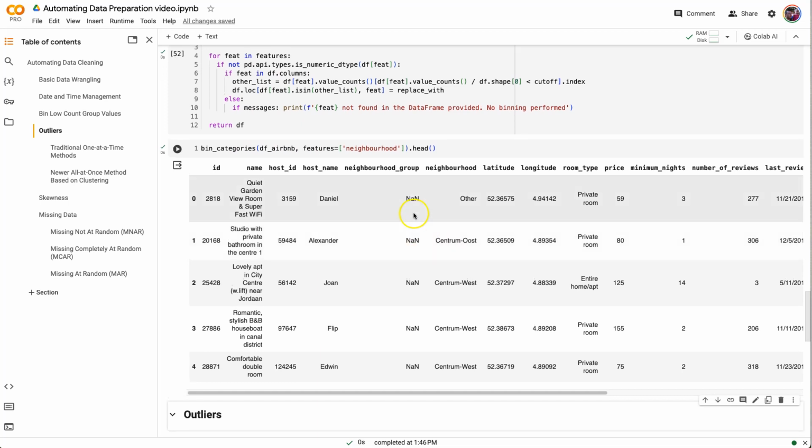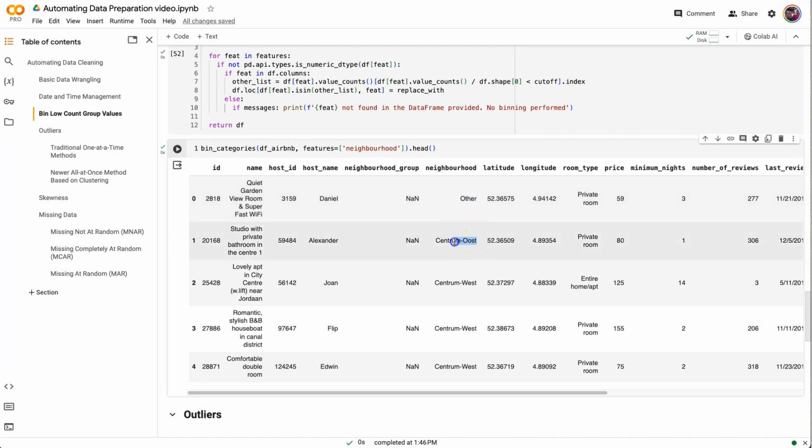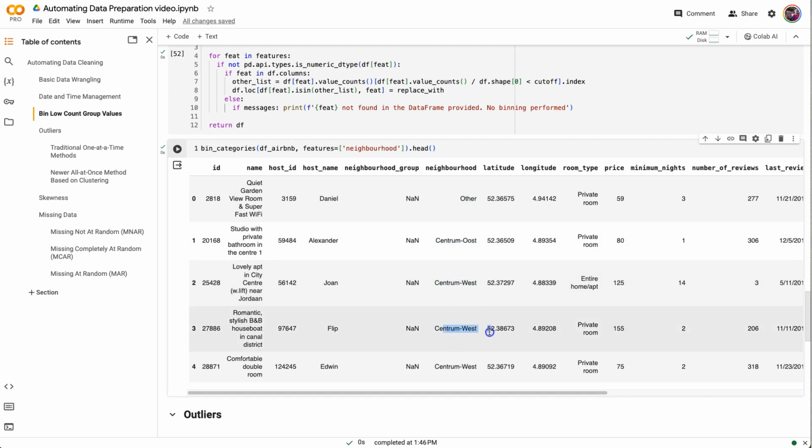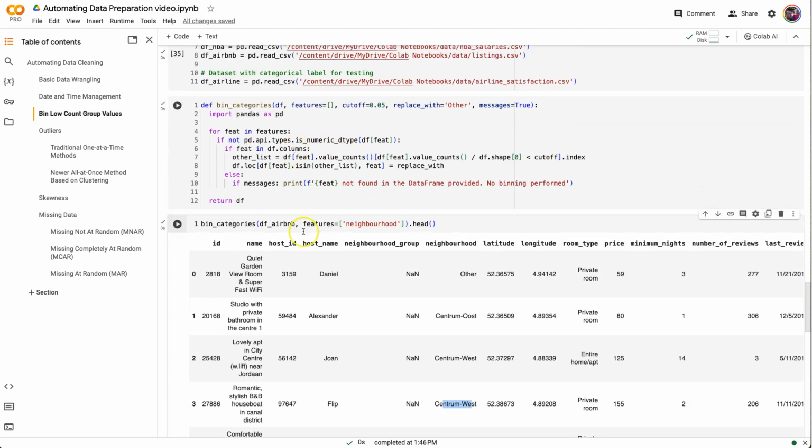All right, perfect. So the very first one, as I thought, that was kind of a weird neighborhood name. Notice it got changed to other right here. The rest of these neighborhood names must have been common enough that they represented more than 5% of the database, and they still got included. I can change, again, remember my parameters right here. I could change the cutoff